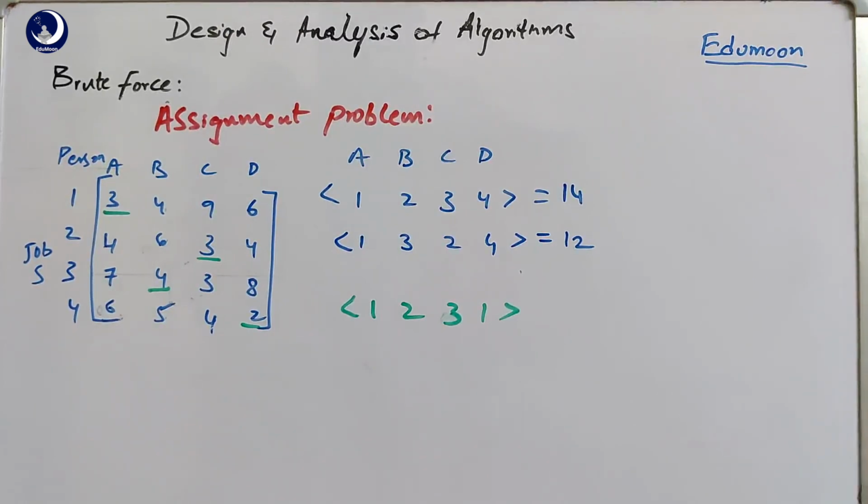Since we have 4 values, we get more combinations when we generate them, and finally we get the solution. Since this is exhaustive search, we generate all the possible combinations and then we get the answer. There is another much more efficient method than this one, called the Hungarian method. In general, the assignment problem can be solved using the Hungarian method with fewer steps, which is feasible and gets the optimal solution for different special cases also.